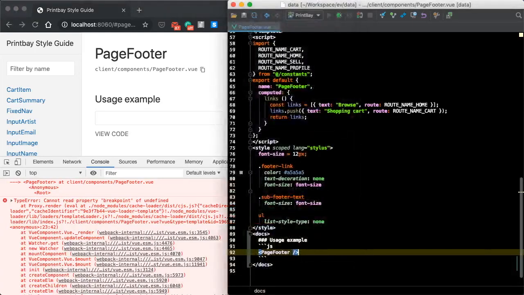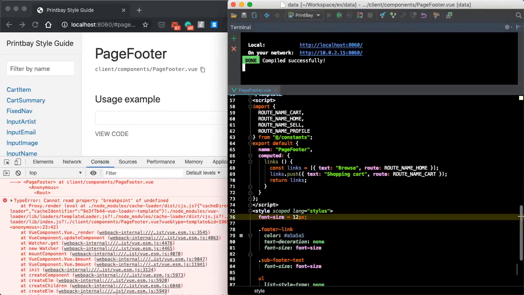So the challenge that we have is that most of our components have dependencies of some sort, including Vuetify, Vuex, Vue Router, and so on. So what we'll need to do is set up a wrapper component that we can use to wrap any components being previewed in the docs. Now this wrapper component will have all the required dependencies added as global properties, therefore the preview components will have access to them. So what we're going to do is come up to the terminal and we'll kill our server,